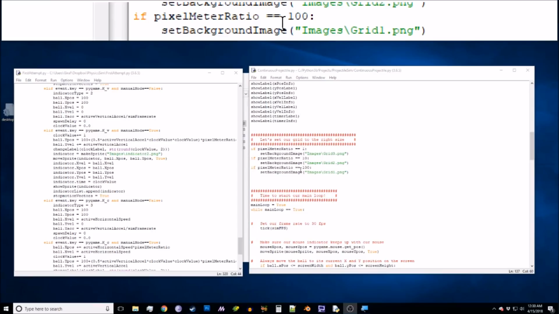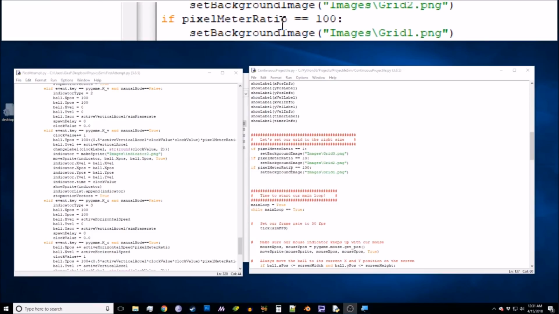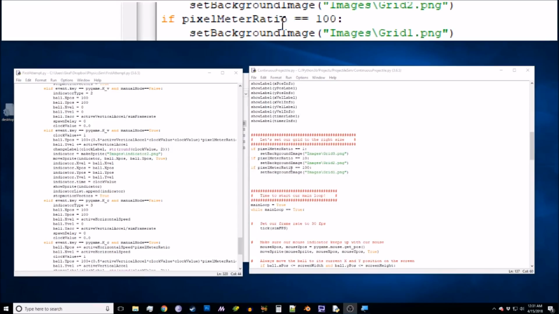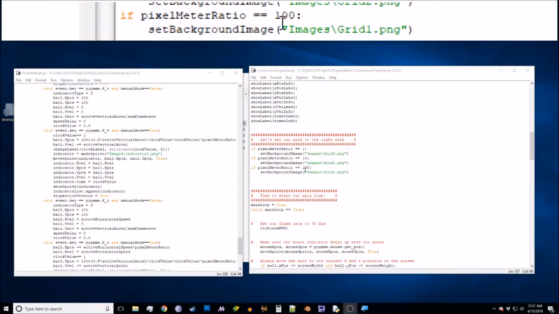It's just kind of a neat little novelty. So I thought we would focus on the physics and the program of everything else first, and we would add it in later. It turns out if you want to do it that way, it's going to be pretty tedious, because what we need to do is go through and multiply or divide various things by this ratio to make sure that it still works if we zoom in or out, to make sure the ball motion